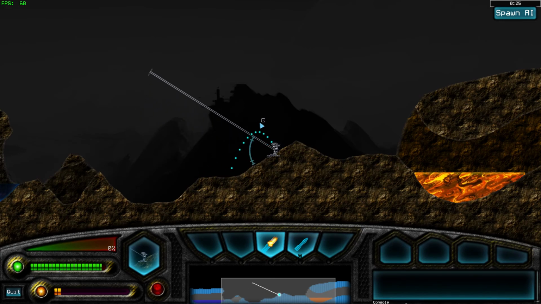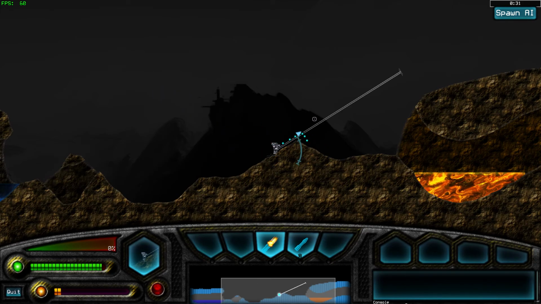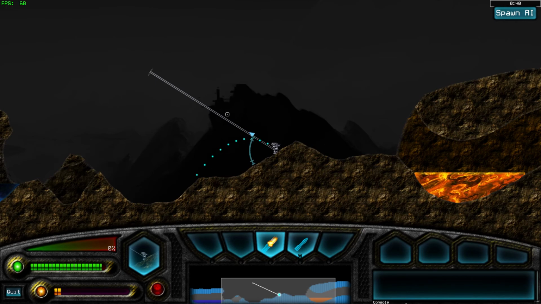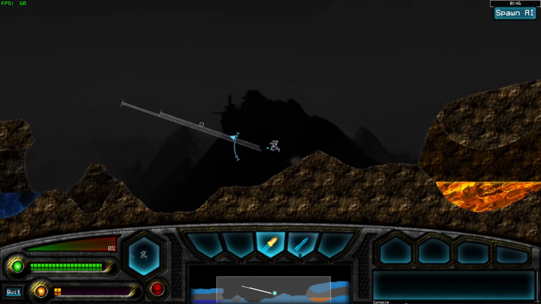But anyway, right now, in order to jump, what you need to do is hold down the W button and then move your mouse toward the direction that you want to jump. You see these light blue dots. These will tell you how your Sentinel will end up jumping once you commit to the jump. So in order to commit to the jump, you let go of the W button and your Sentinel will start